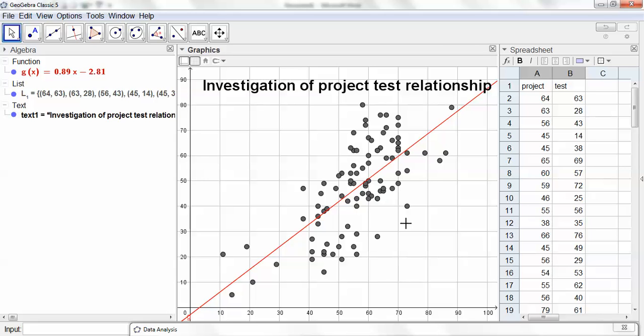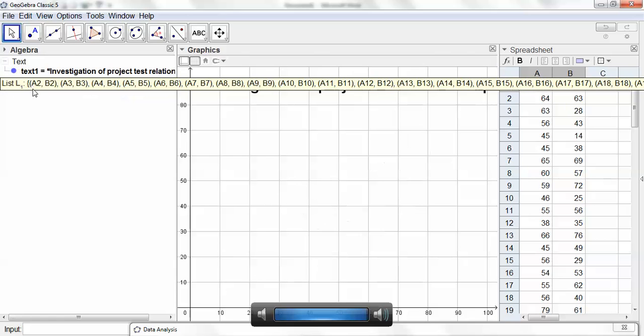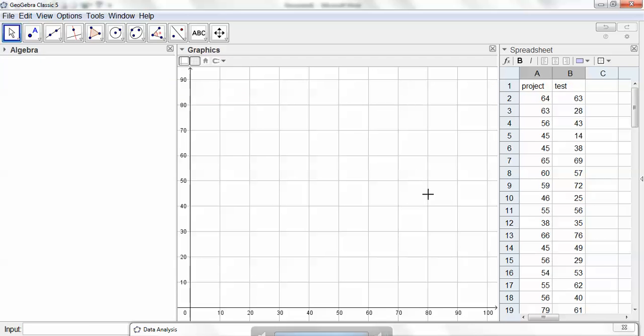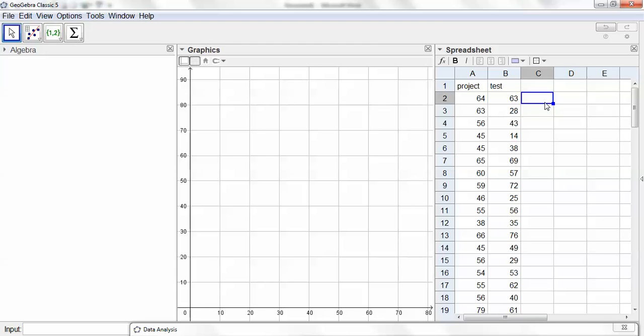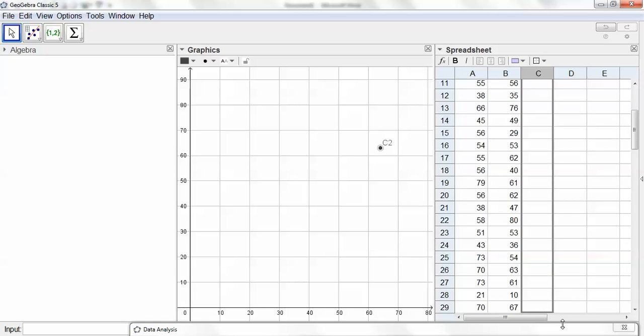Okay, an alternative approach to this is that, let's see if I just do Control A, no. I'm just going to go and delete all of this that's come across. Something you could do instead would be to make a point, just do it manually here. So I want this to be a formula. This is just like Excel really. You could say I want that to be my X value and I want that to be my Y value. So that gives me a coordinate, and then if I copy those down,